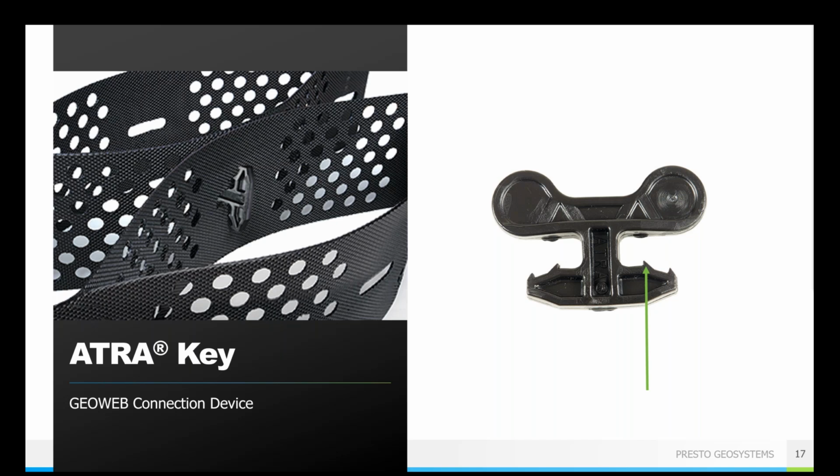And so I'm going to keep saying it. It is crucial that your manufacturer, if you decide to go with a GeoCell, whether it's us or anyone else, provides calculations to verify those factors of safety for each of those primary modes of panel connection failure, based on their specific panel connection method. We offer ours using the ATRA key. No one else has the ATRA key, so their calculations should follow what their connection method is. So that's just something to keep an eye on as you are evaluating which GeoCell you might want to use.